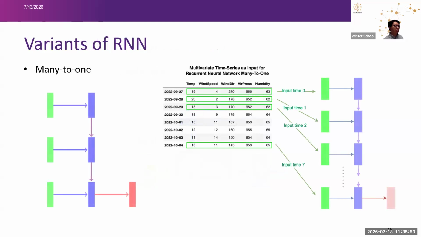It also has tons of applications. As I mentioned before, we observe many timestamps of sensor data, but we only need to produce the final prediction, for example, the productivity of the crop. So you observe the seasonal data or daily data, you get the sensor and weather data day by day, accumulating till the end. And finally, you get the output, which is a prediction of, for this particular corn, how much productivity it would be.